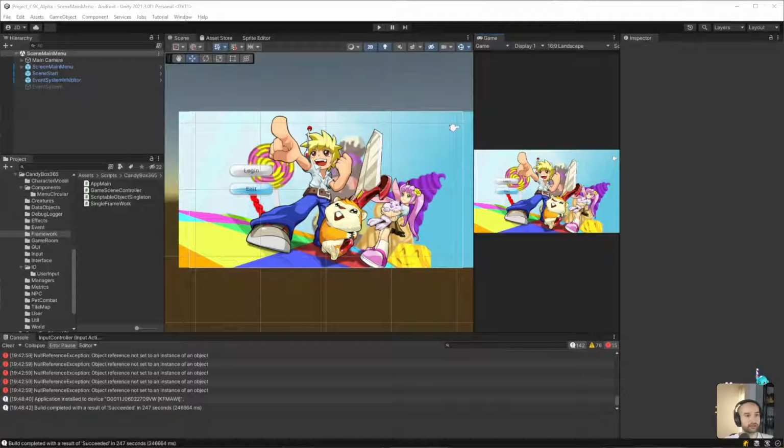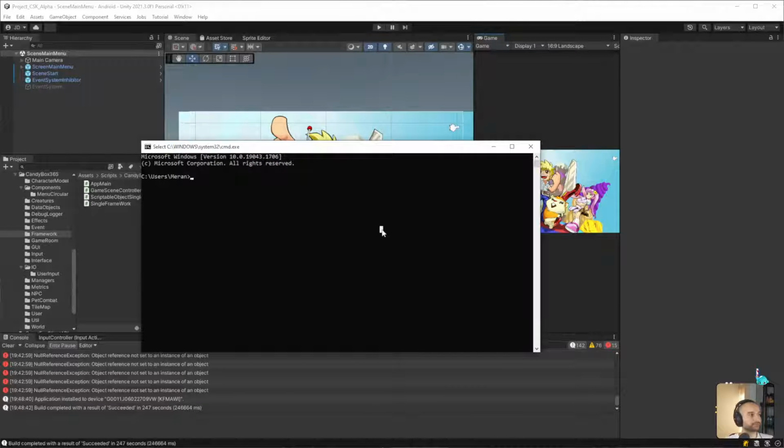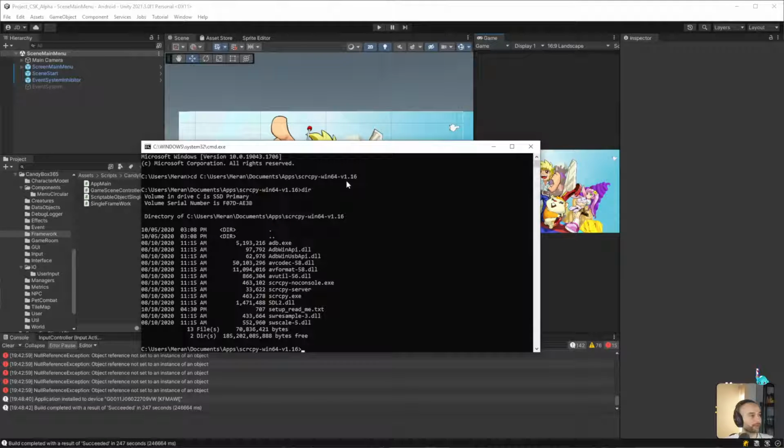All right, we're going to go into my apps. Where is... Okay, so I need to bring up command. So we'll change directory to the folder where I have this stuff.